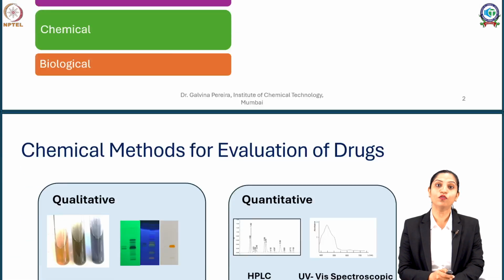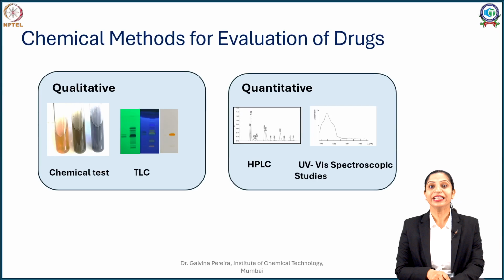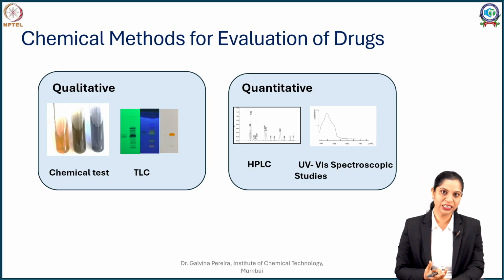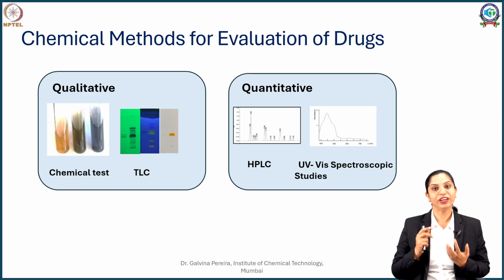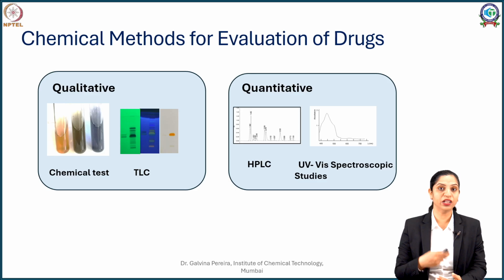Now chemical methods of quality control, as we previously saw, can be broadly divided into two categories. The qualitative methods are the methods which will tell us if the compounds, especially the phytochemicals or the chemicals which are representative of the plant, are present or not in the given sample. Now this sample can be a plant material, a plant extract, or a herbal formulation. When we do this, we can just say if the compound, especially a flavonoid compound or a triterpenoidal compound, is present or not.